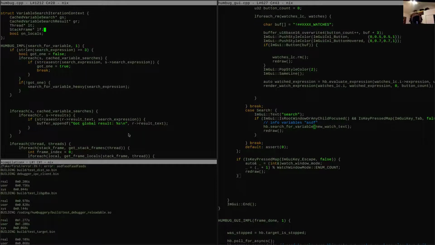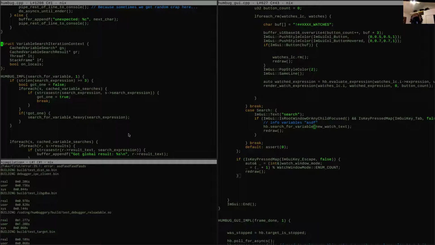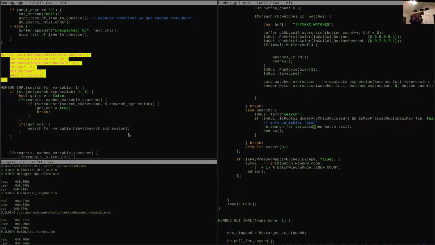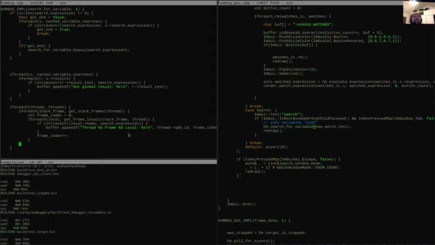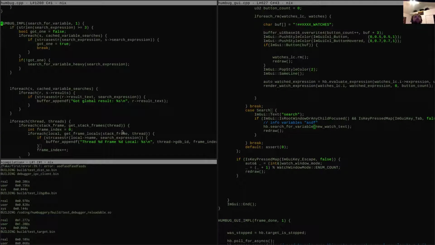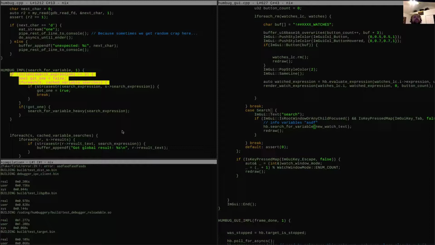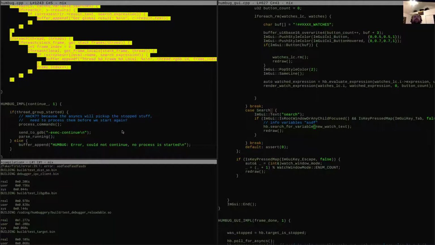You know what? This is crazy complicated. Let's not do any of this. That's dumb. Instead, what we want to do is just do this whole thing in the GUI.